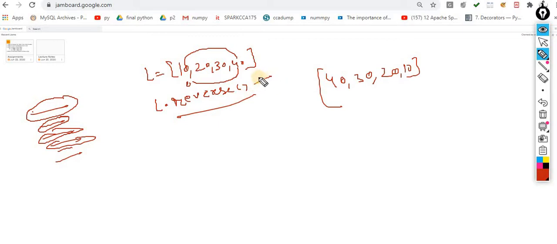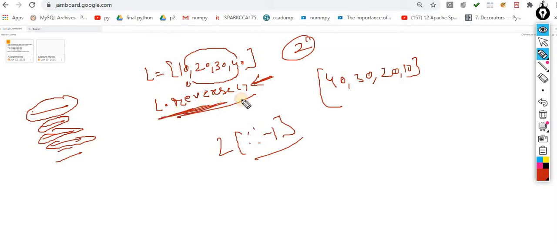Two ways are there. One way is that you can use the predefined method. The second way is that you create your own method. So we know how we can reverse it. Very simple. This will reverse the entire list, so the choice is yours. This will automatically change the data, and here you have to reassign the values after reversing. But here is the concept of mutable: when I use reverse, the original content is automatically changed. The last item becomes the first item, and the first item becomes the last item. So this is the reverse method. Very simple, no need to explain more.